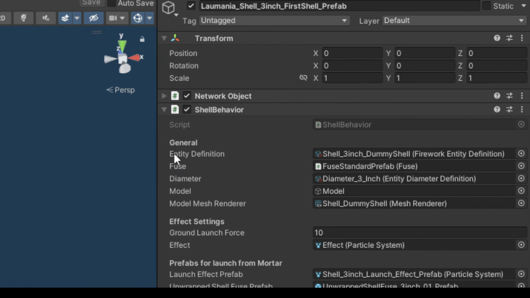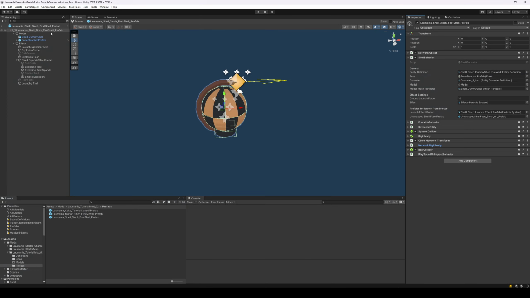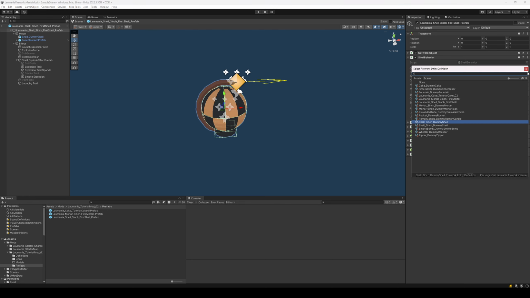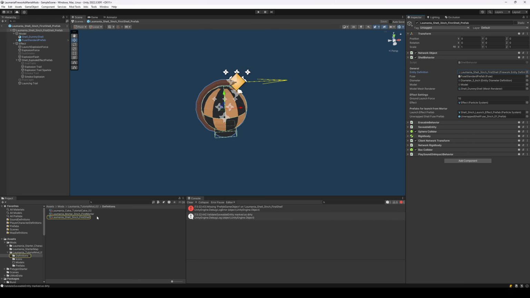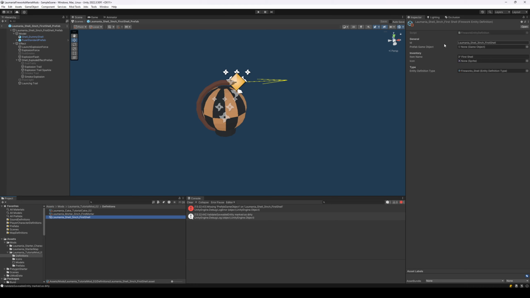The first one is something that we recognize from all the other ones, the entity definition. As always, the prefab itself, which is the one that is made an instance of in the game, needs to have a reference to the definition, and the definition has to have a reference to this prefab. So let's set that up right away. Let's click this little icon here, and let's find the Mania shell 3-inch right here. We can also then select this one here, and now we have to select the prefab that we need to